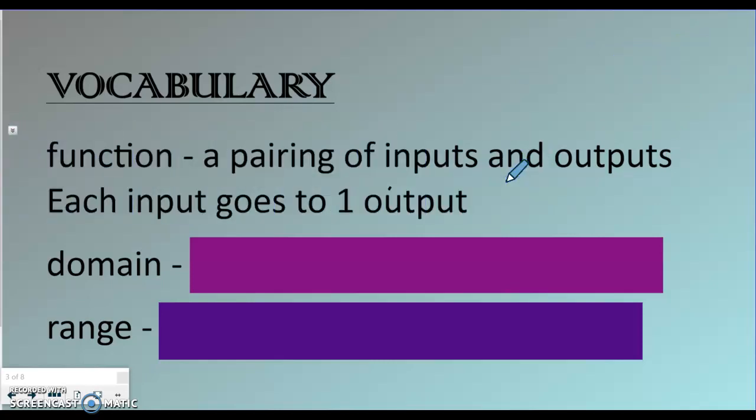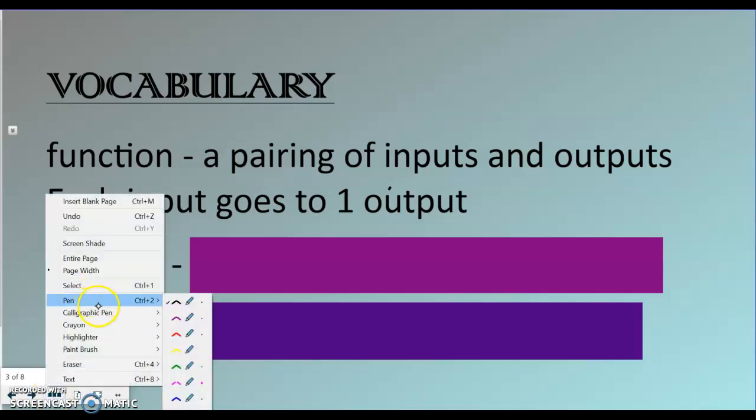A function, again, is a pairing of inputs and outputs where each input only goes to one output. We're going to label these inputs and outputs as X and Y. Now, when we look at these functions, we have what is said to be